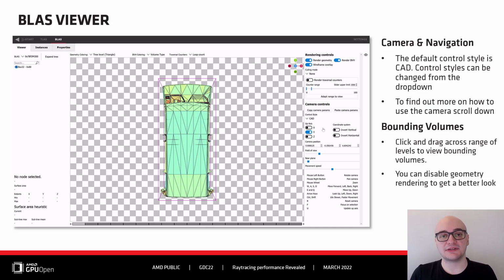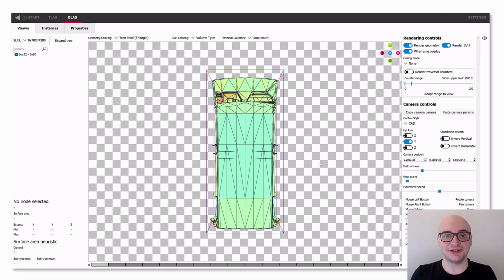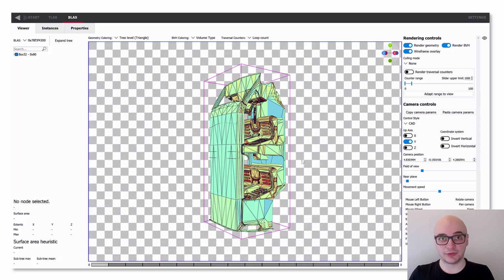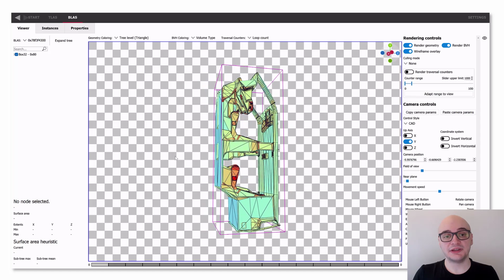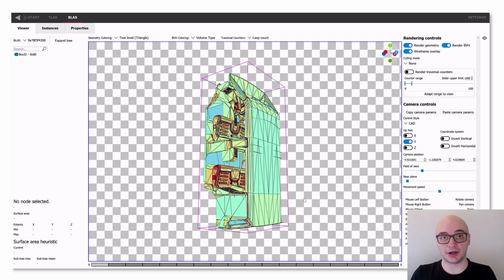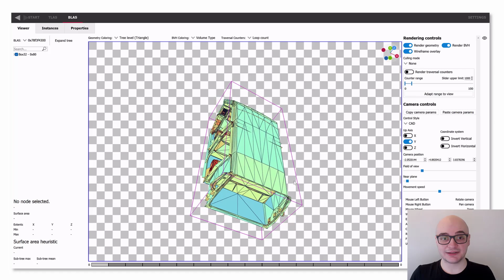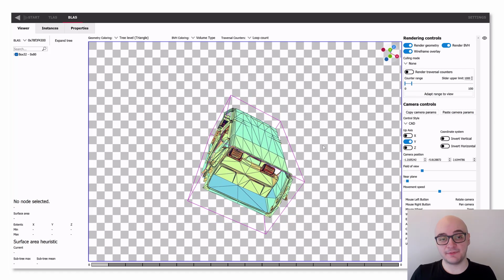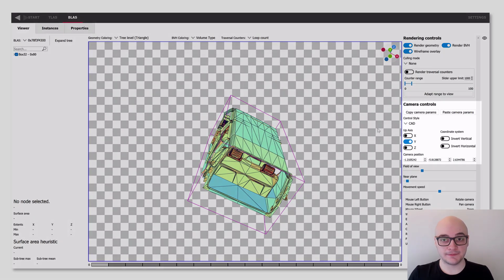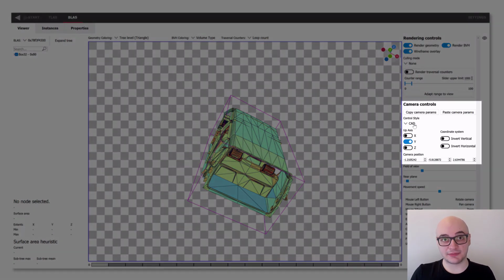Games are unique in their map design, and this uniqueness means that the way you move around your scene needs to be diverse and adaptive. To aid your navigation around the scene, we have two camera modes. The default camera control style is CAD. Using this mode, you can rotate around a focal point. The movement in this camera mode will move the focal point around the scene. We also have an FPS camera. The FPS camera style allows you to fly around your scene from the first-person perspective. You can use the drop-down under the camera style to pick a style that matches your needs.